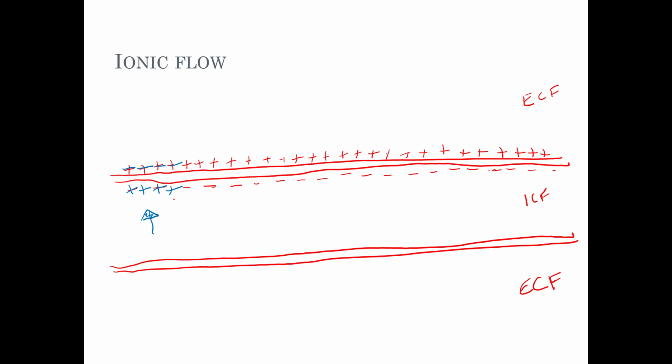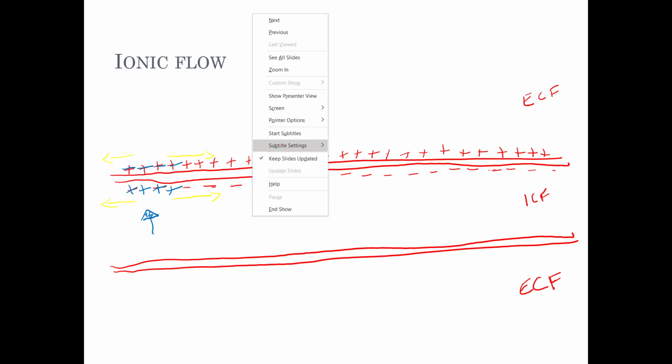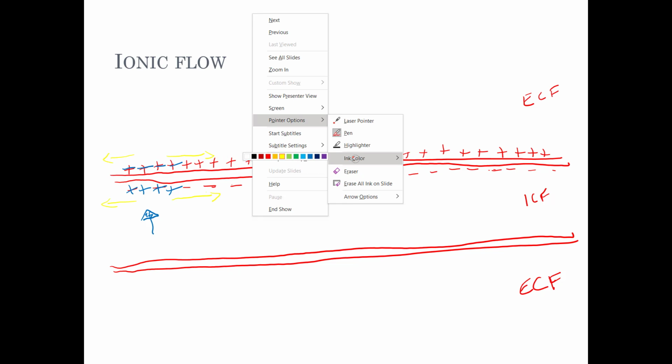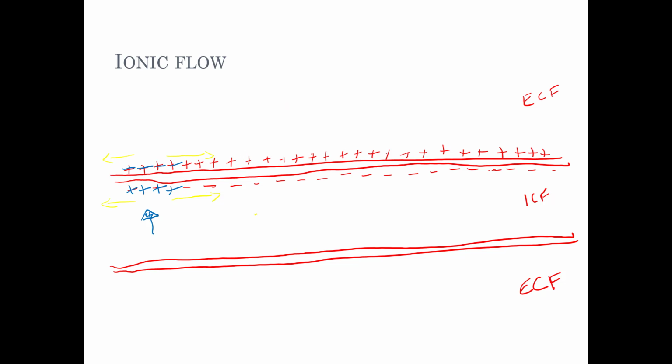Did I do that? Okay, so these positive charges are going to flow towards the negative charges on either side of them. Same thing with these negative charges out here, the negative charges that accumulate near the cell membrane when the positive charges leave, are also going to flow in one direction or the other. Okay, so this is ionic flow. And what that means is that, when we have ionic flow, our negative ions flowing to the right and our positive ions flowing to the right